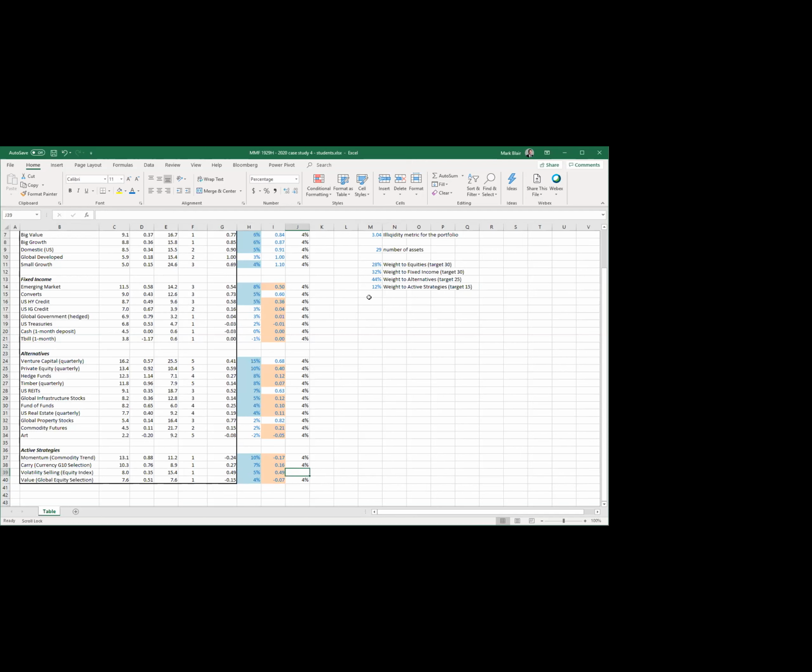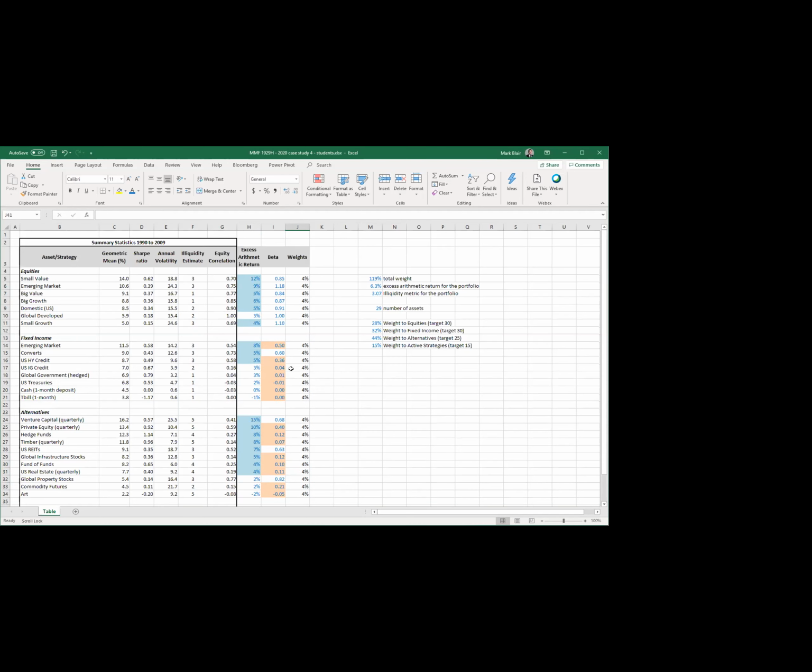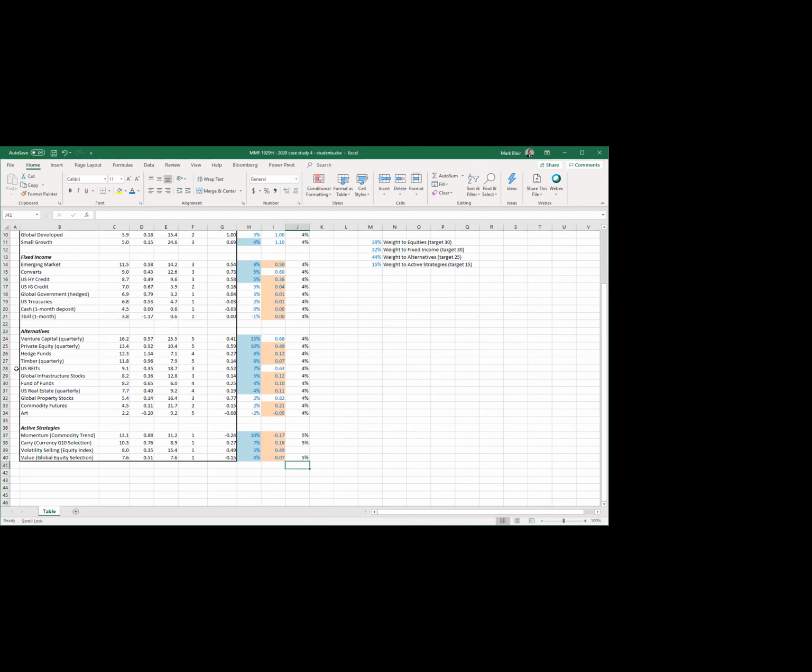And then the other ones are fine, but I want a 15% weight, so that's pretty easy. I go 5, 5, and 5. So I've met my target there. And then when I go through this, one of the things that I can also eliminate is